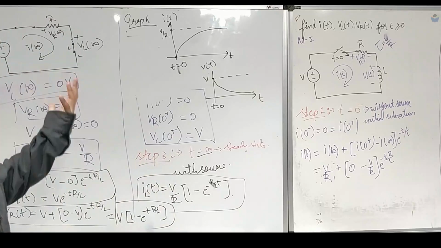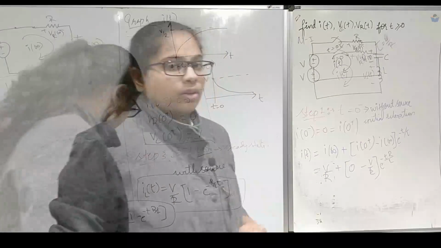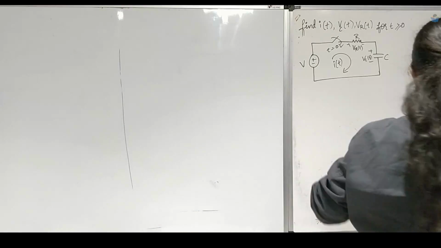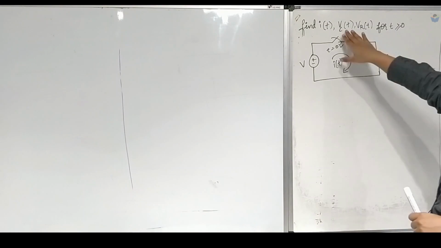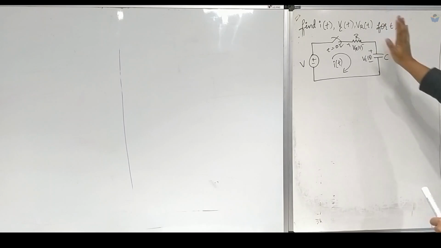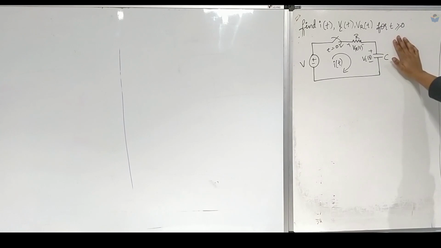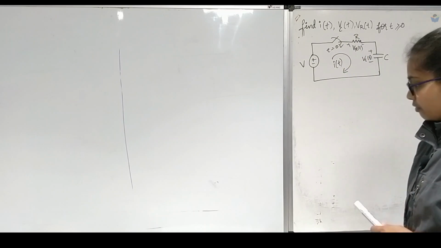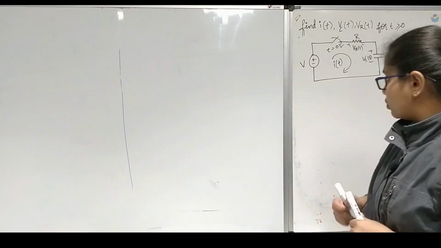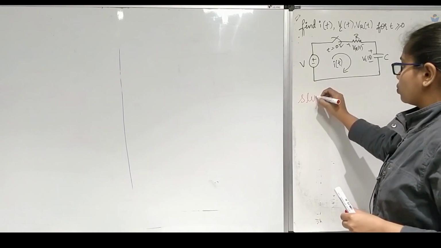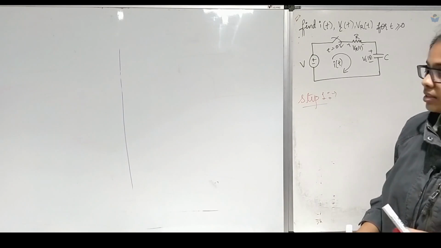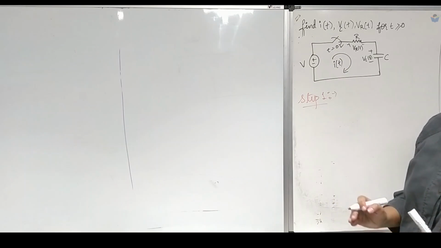Now we will see for the RC circuit. Okay, so in this case, now we have got the storing element as a capacitor. Okay, so we have to find the same thing, I of t, Vc of t, Vr of t for t greater than or equal to 0. Okay, so we have a voltage source. Again, we will follow the steps. So for step 1, we will take without source, that is at t is equal to 0 minus, just before closing the switch.